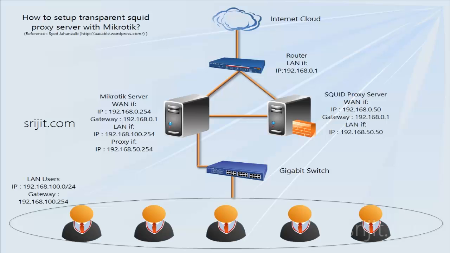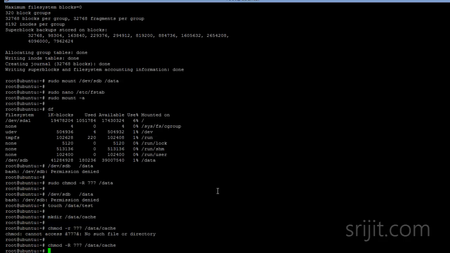So basically the packet marking and the traffic forwarding is done by the MikroTik RouterOS, and the Squid here acts as a transparent proxy, so that the users don't need to make any change on the client side. Sometimes users don't even know about the presence of a transparent proxy server in the network. It's totally transparent. So let's install the Squid server, that is apt-get install squid, and it will